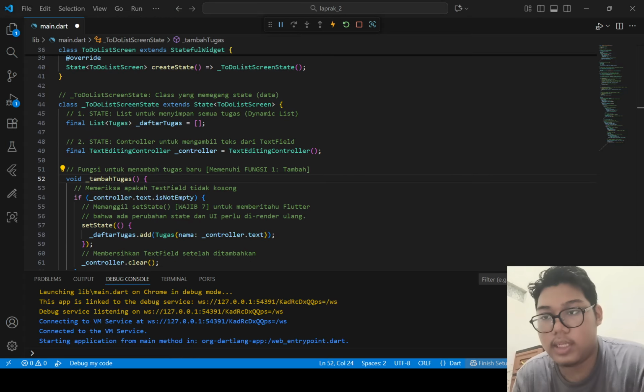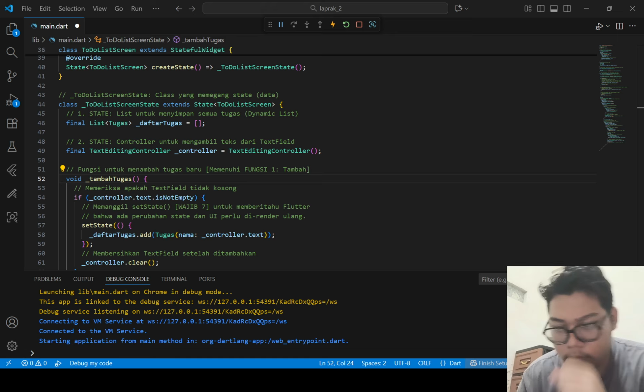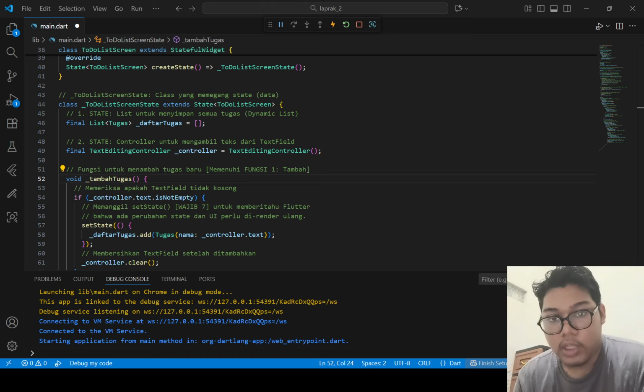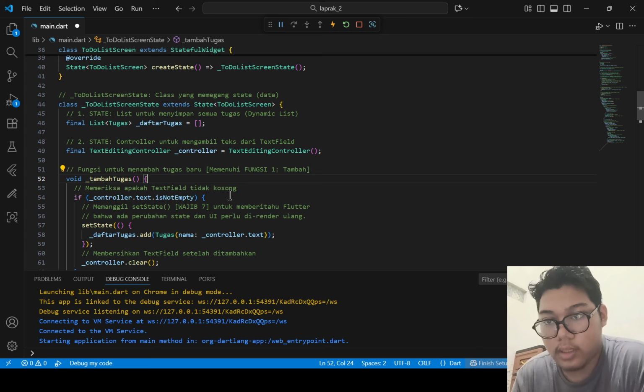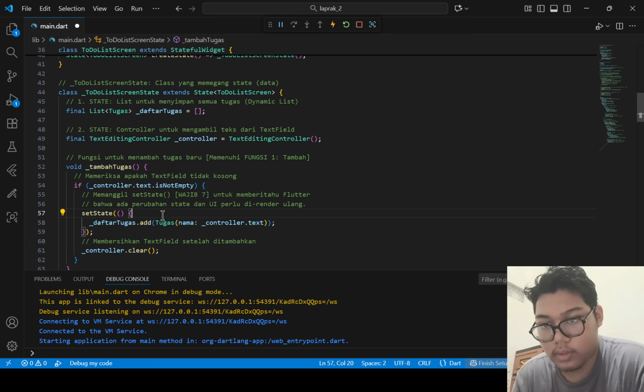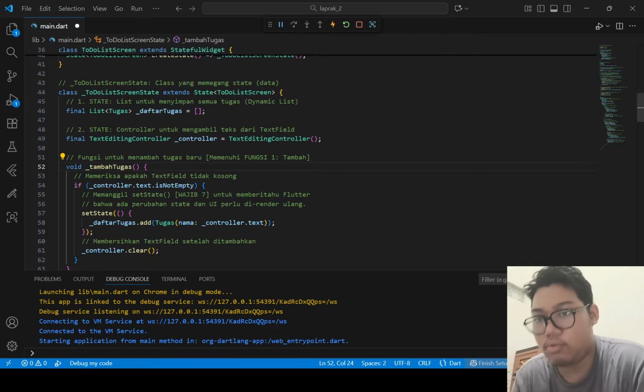So now to the logic, the functions. We have three main functions that manage our state. All of them use setState. Okay. First, we have tambah tugas.